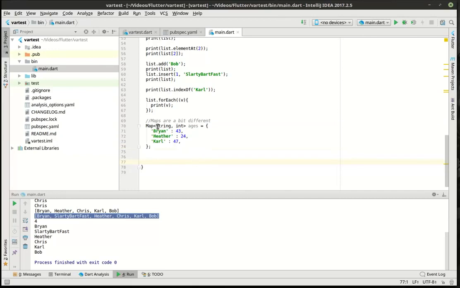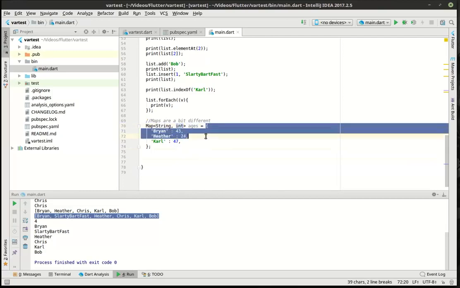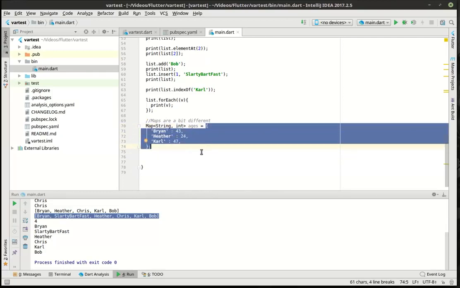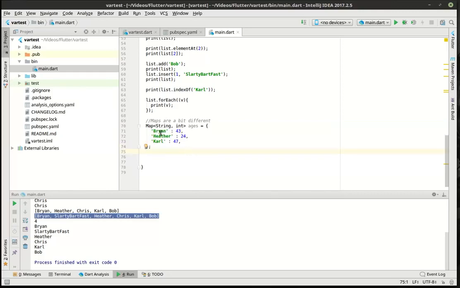So the key value pair is going to align up. We have the key and we have the value. And in here is our actual map. Now, it's called a map because you actually have two lists under the hood. These names are a list, or the keys, and these values are a list called values. So let's just say